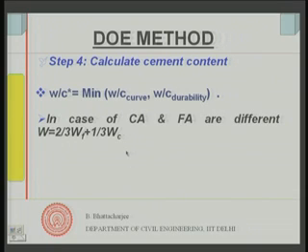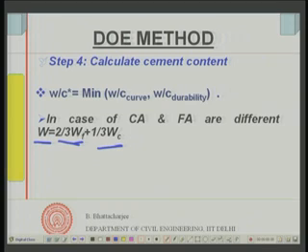Then one additional thing: the water content I have determined is for crushed or uncrushed aggregate. Now, supposing I have mixed aggregate, say sand is natural sand whereas coarse aggregate is crushed, or for that matter I have natural gravel and crushed sand. So, both ways it is possible. Then the water content is obtained by this formula, where W is the water content, which is 2/3 of the water content for the fines plus 1/3 of the water content for the coarse aggregate.